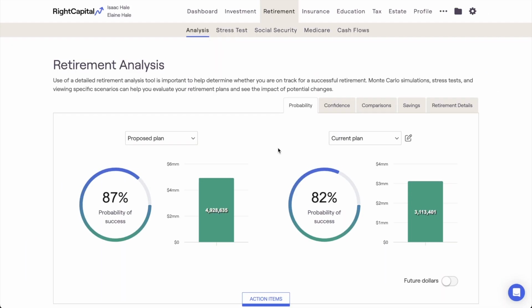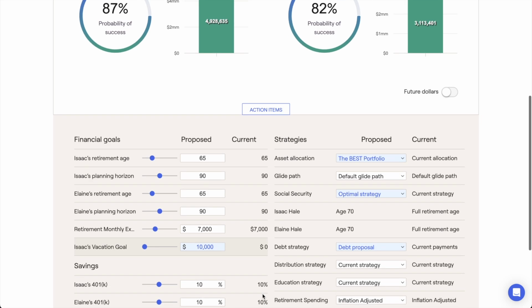In this video, we'll review how to use the action items within RightCapital's retirement analysis module. The action items are what allow you to dynamically make adjustments to a client's proposed plan and see the impact in real time. The first function of the action items is editing existing items that are feeding in from the